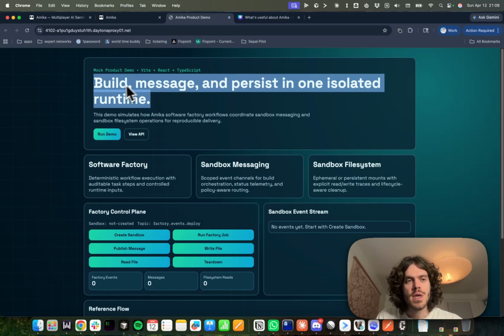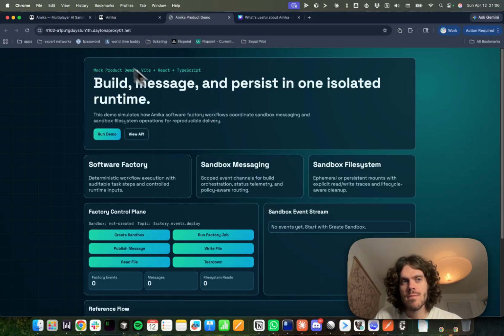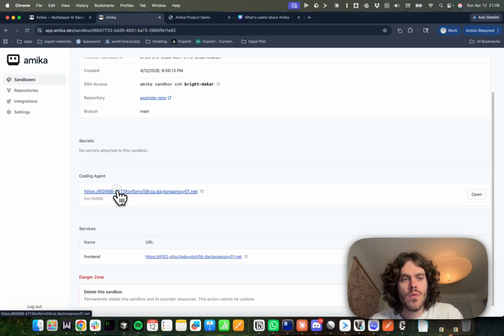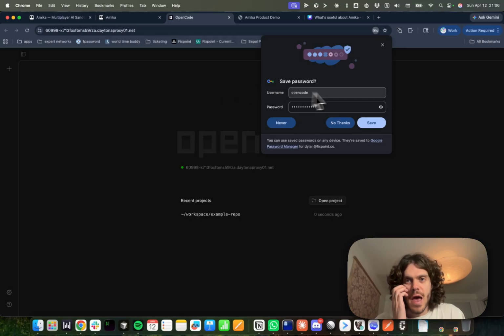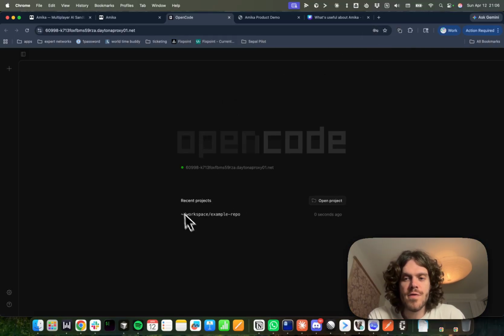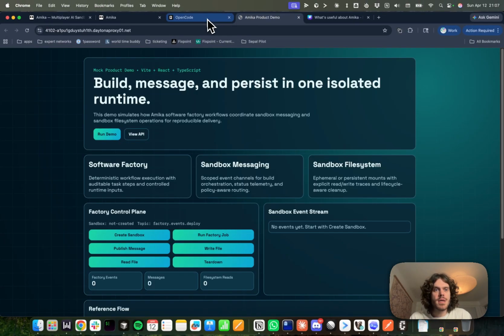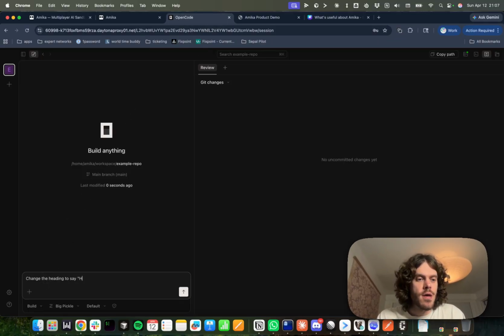So here's just an example Next.js front-end app, and you can view the app changes as the agent makes them. So let's start out with using a web-based chat. So this is also useful for non-technical users, where they can just come into the web, they can ask it to change the heading to say hello from Amika,